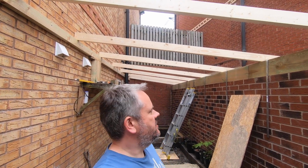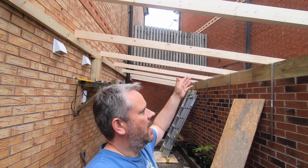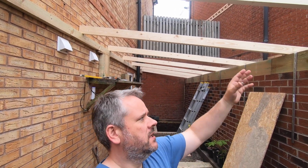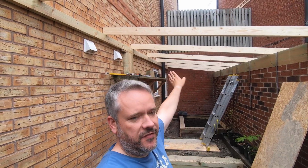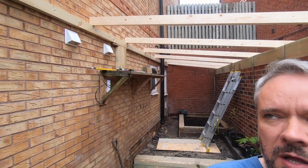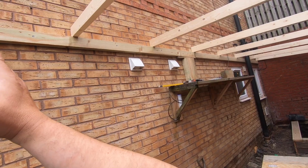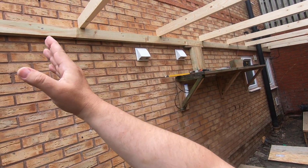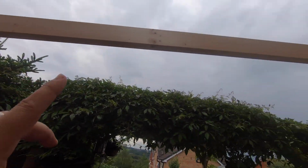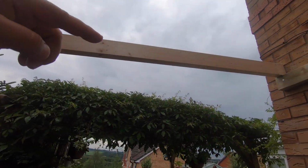Here we are then. As you can see, the trusses have all been put in place. They're not fixed as yet. We've got some truss clips to put each side of the timbers to hold them all into place. They're roughly in place as we go. We're going to just put the truss clips up on each timber, and we'll make sure that they're in the right position as we go down. We'll fix each one of these into place, and then we'll fit the glazing bar across the top,